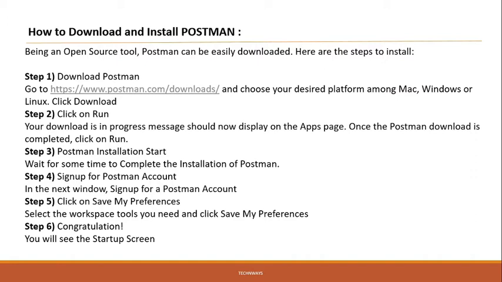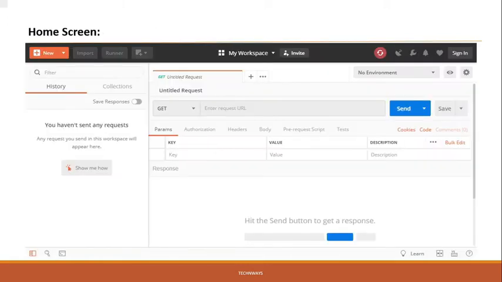And after setting up, let's see what we can do. Once you successfully set up your application, it will look like this. You can see we have a history tab, we have collections, and this is the API window. Here we can put the API, its type, and send the request. We can set the environment variable here. We may have multiple environments, so we are going to see how we can use that feature.